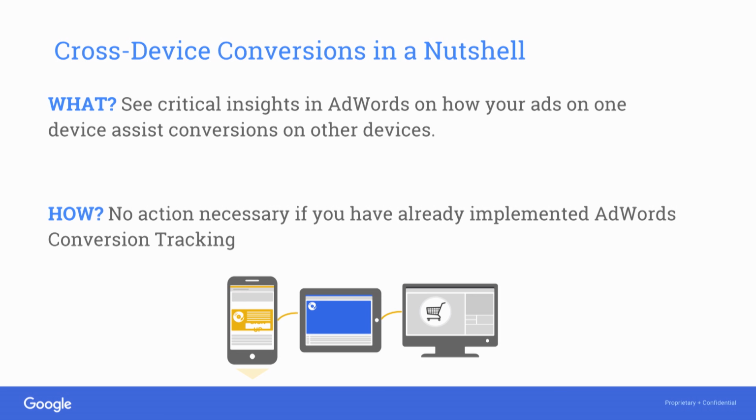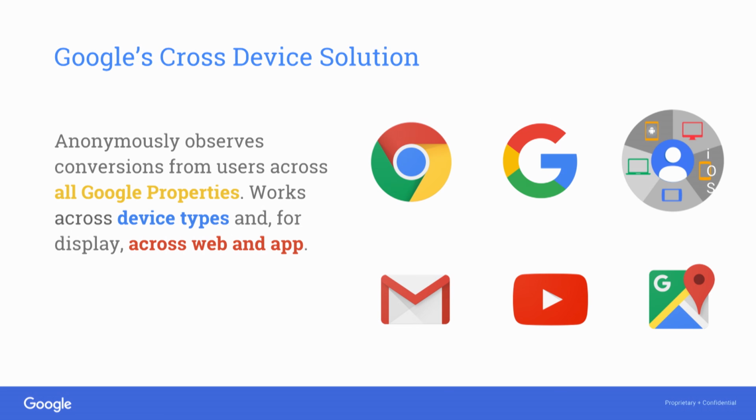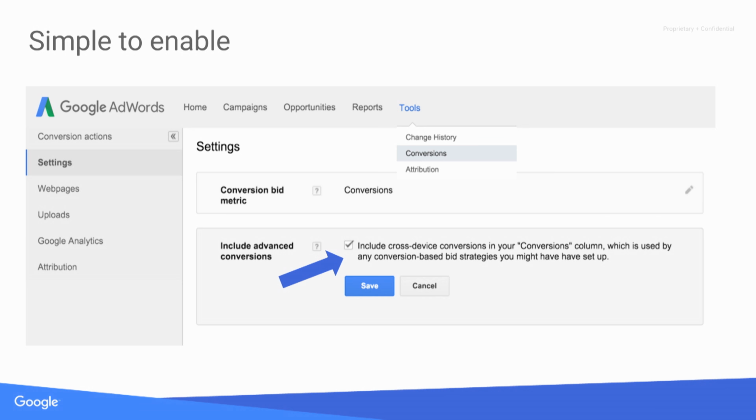So with cross-device conversions enabled, you're actually going to be able to see that conversion credit where it should be valued. Absolutely. And I think it's really important to highlight the cross-device conversions confidence interval. I think a lot of marketers out there already know we have a 95% confidence interval for cross-device conversions, which is the same the FDA uses for official tests. So you can see we're quite confident there. Exactly. The other key point you mentioned is that it's incredibly easy to include cross-device data in the AdWords UI now, literally just one click to include the data you can see on the slide now.